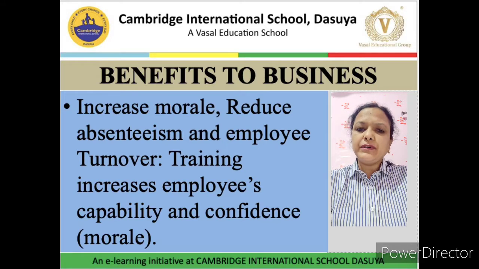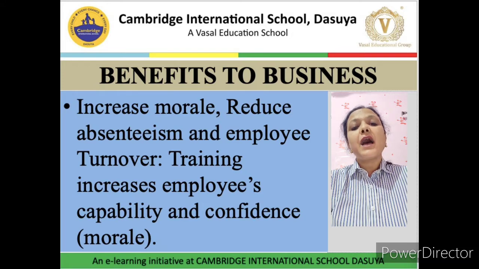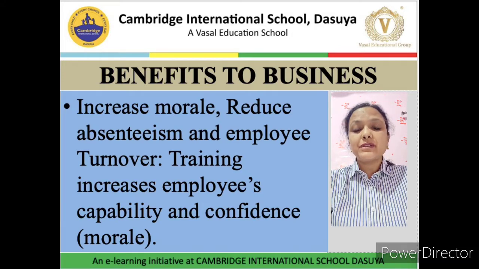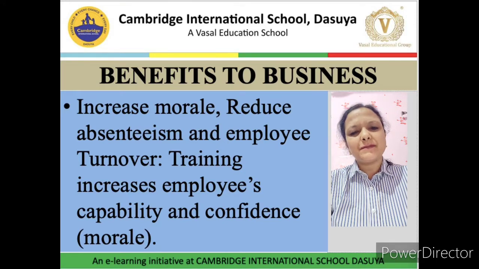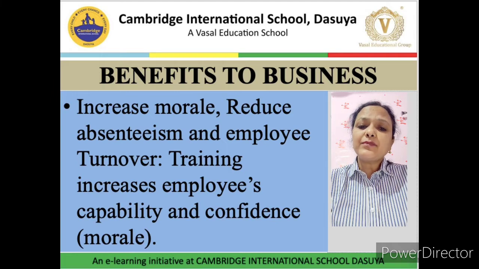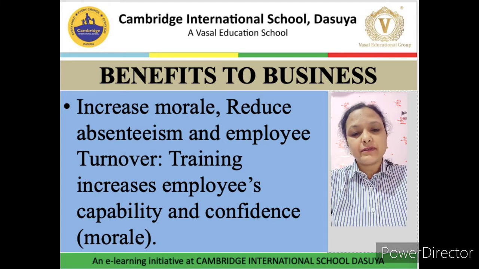He will be able to follow quantitative and qualitative standards as per the expectations of an organization. When an employee knows how he has to work and how he has to perform his task, it helps to reduce absenteeism also. Because he knows how to perform a task, he won't be absent from his job. And then it helps to reduce labor turnover also. Labor turnover or employee turnover means the number of people leaving the organization.